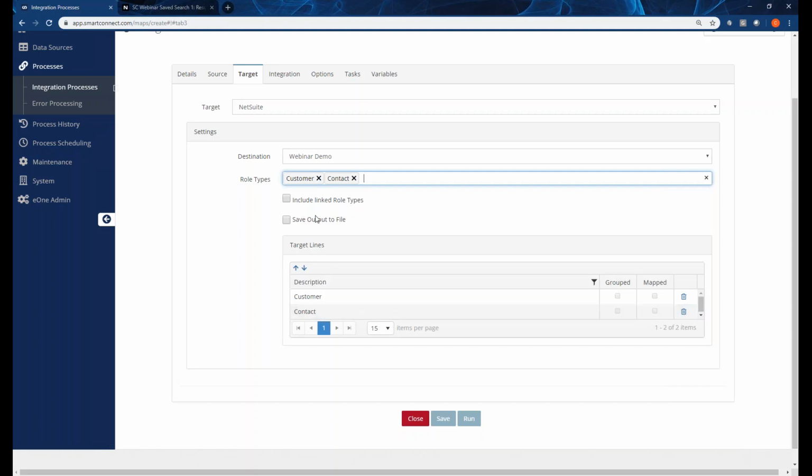The final thing I want to point out on here, just like for any other destination within SmartConnect, is that you can save the output of an integration to file. I wanted to bring this up because it's very handy when you're troubleshooting why an integration doesn't run. This would take the output that SmartConnect would normally hand off to whatever API we're working with, and instead it will dump each record out into its individual file, and you can open it up and see what